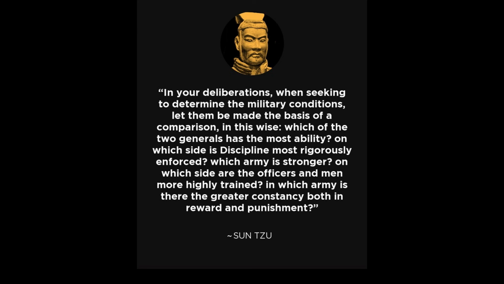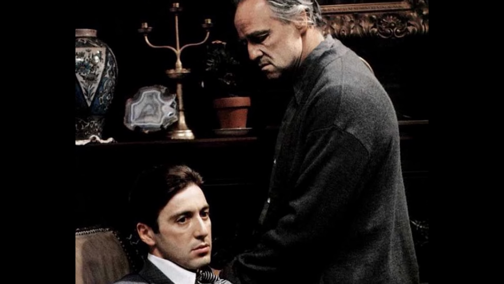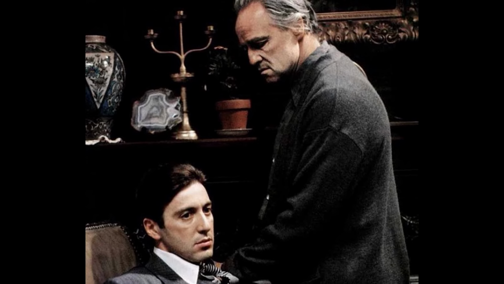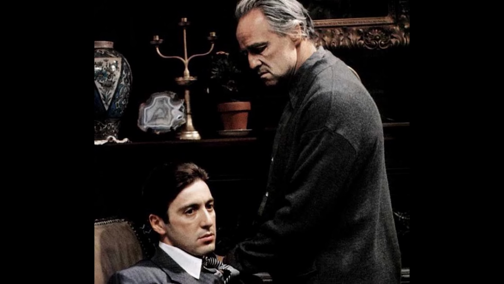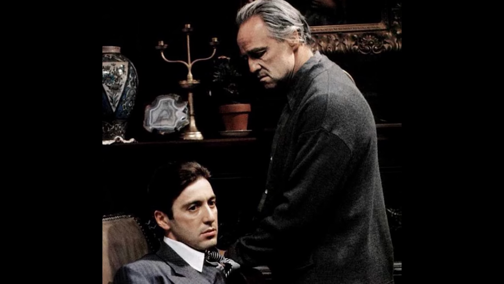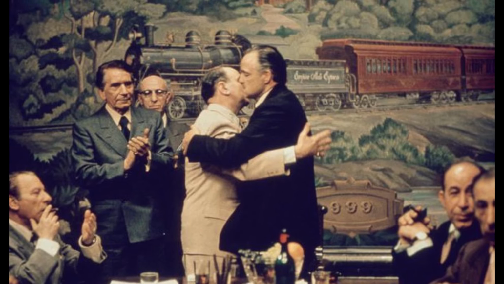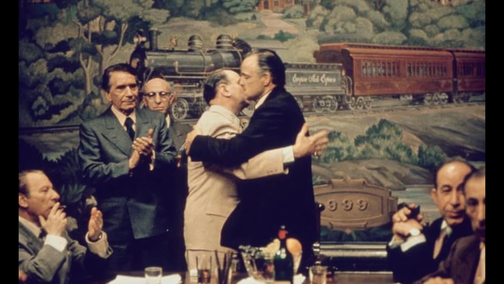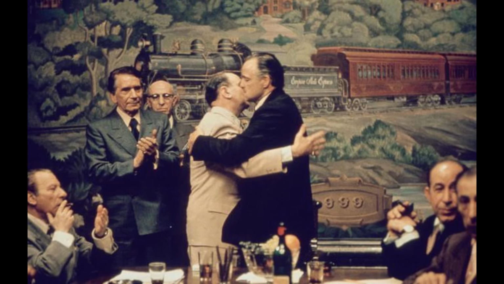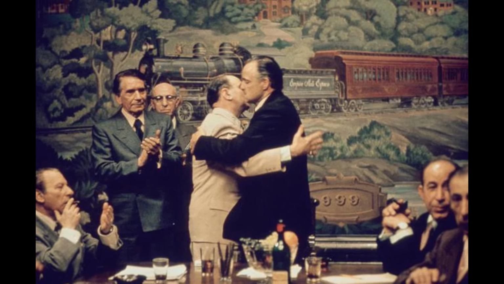Unity and discipline. Sun Tzu stresses the importance of unity and discipline among troops. Similarly, the Corleones maintain a strong sense of loyalty and discipline within their own family, which allows them to work together and present a unified front to their enemies. For example, after Sonny Corleone is assassinated, Don Vito Corleone ensures that the family remains united and disciplined in their response. Despite the grief and anger over Sonny's death, the family